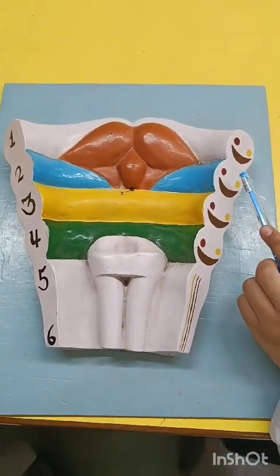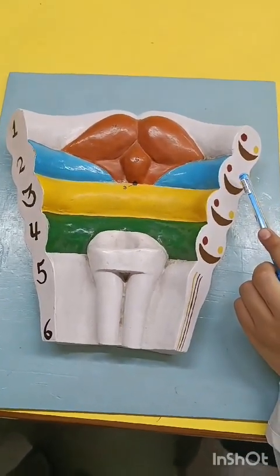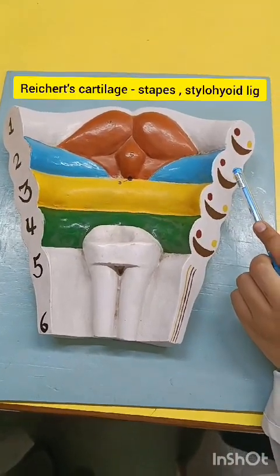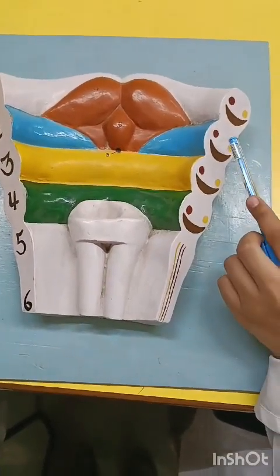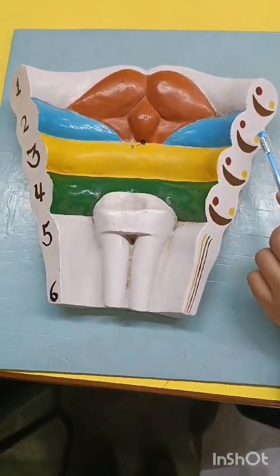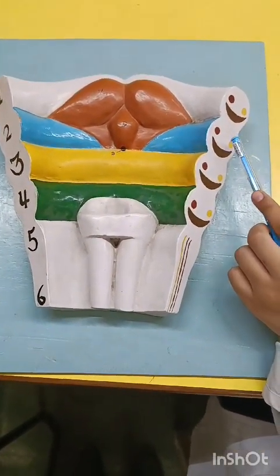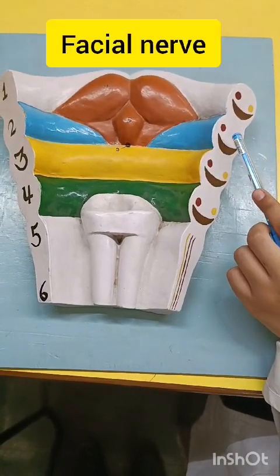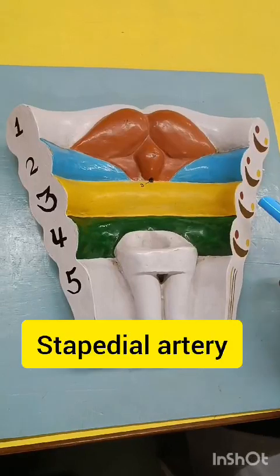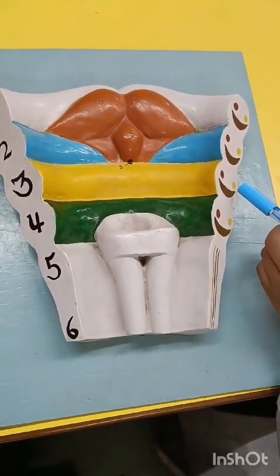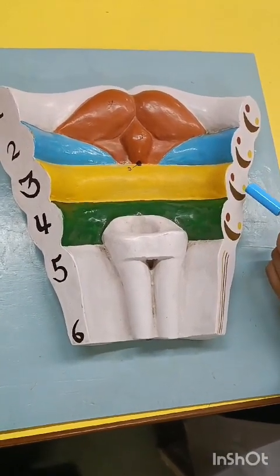From the second arch or hyoid arch, skeletal element includes stapes, styloid process, stylohyoid ligament, muscles, facial muscle, stapedius, posterior belly of digastric, stylohyoid muscle, nerve, facial nerve and artery, stapedial artery and hyoid artery. From the third arch, skeletal element, greater cornu and lower part of body of hyoid, muscle,